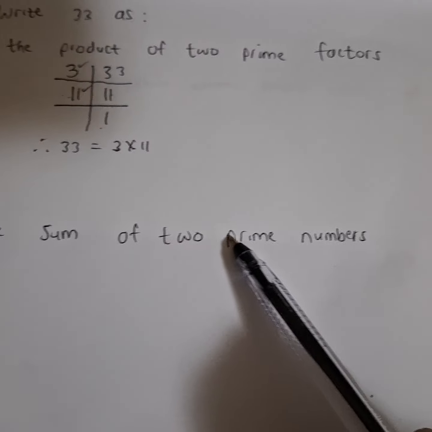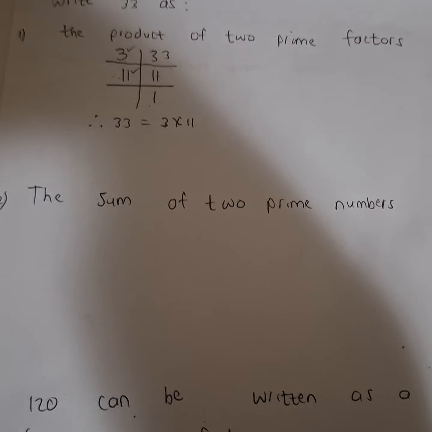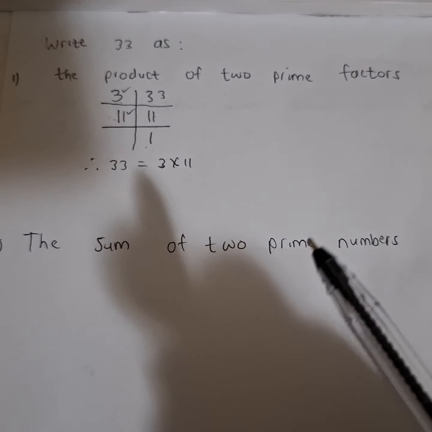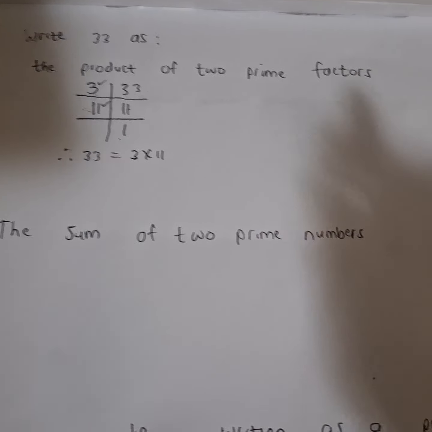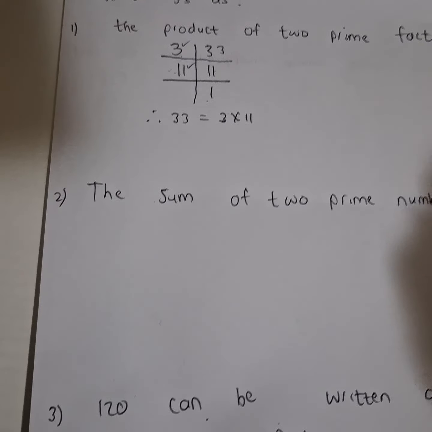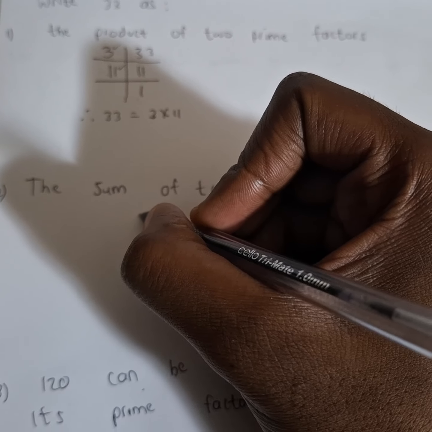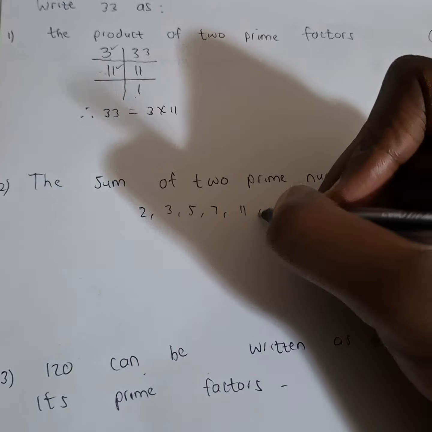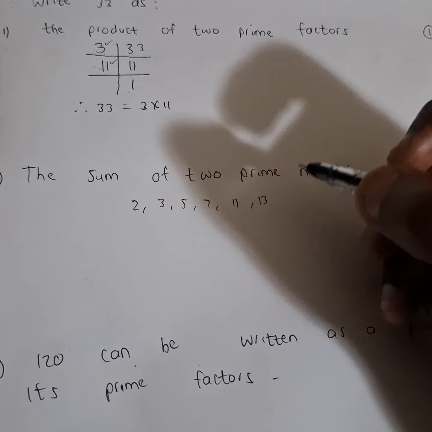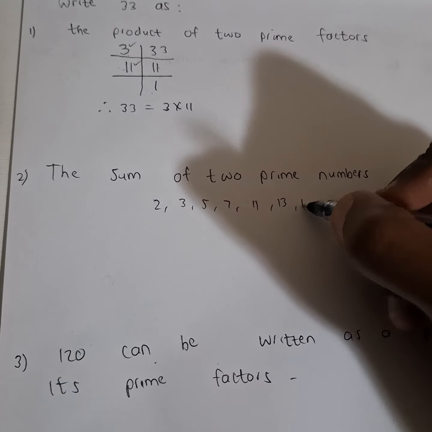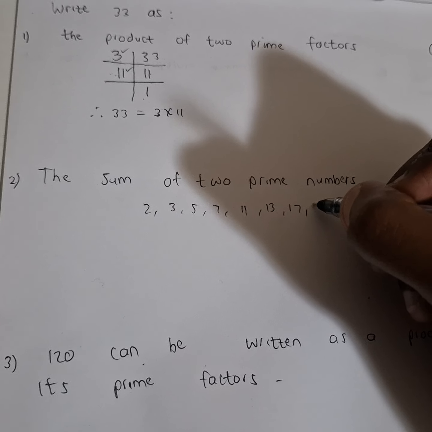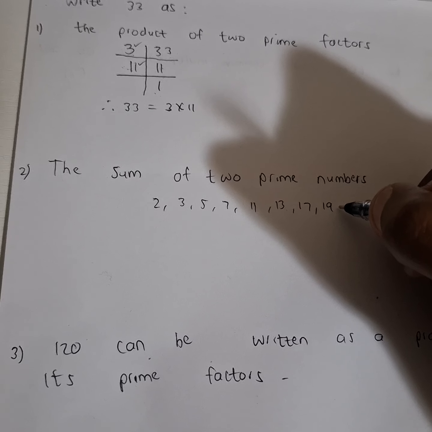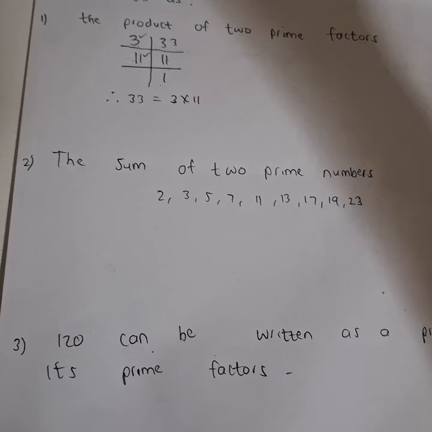The next question says the sum of two prime numbers. So in other words, we need to identify two prime numbers whose sum gives us 33. Now, unfortunately for this question, we cannot use the trusted ladder method, but what we can do is list the prime numbers that we have: 2, 3, 5, 7, 11. We got 13, 14, 15 is not a prime number, 16, 17, 17 is a prime number, 18, 19, 19 is a prime number, 20, 21, 22, no, 23, yes, 23 is a prime number,